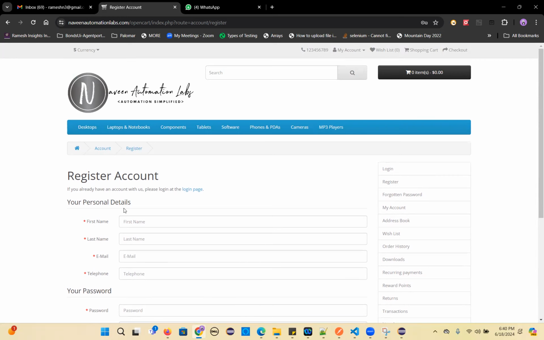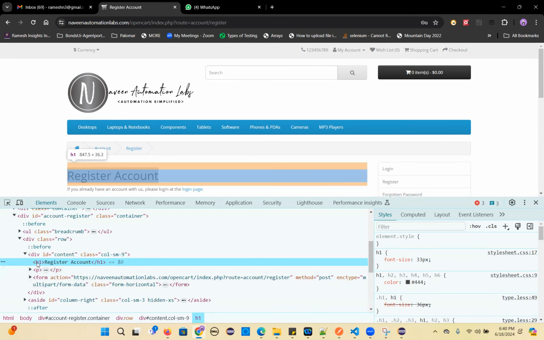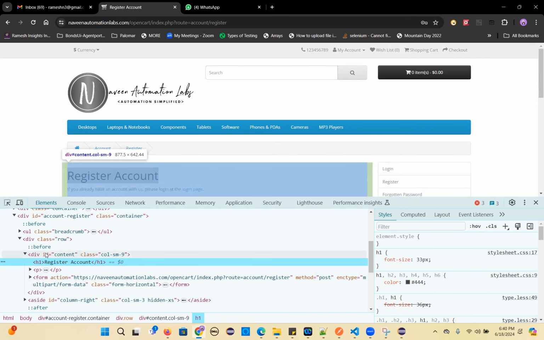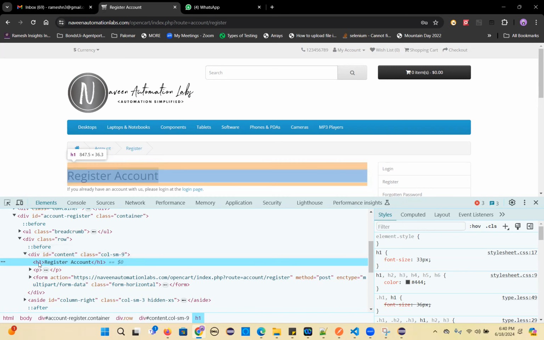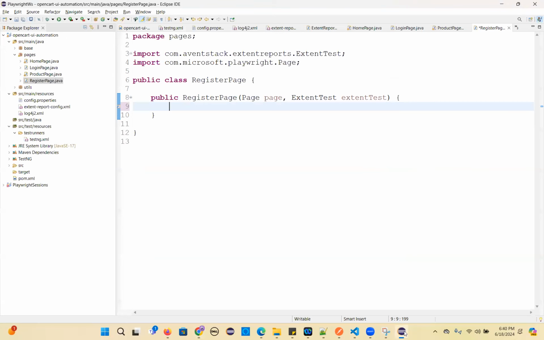Fine. So let's identify this register account header. See that H1 tag. You can put hash content H1. That is also simple, right? So I'll write a register account. So let's declare first